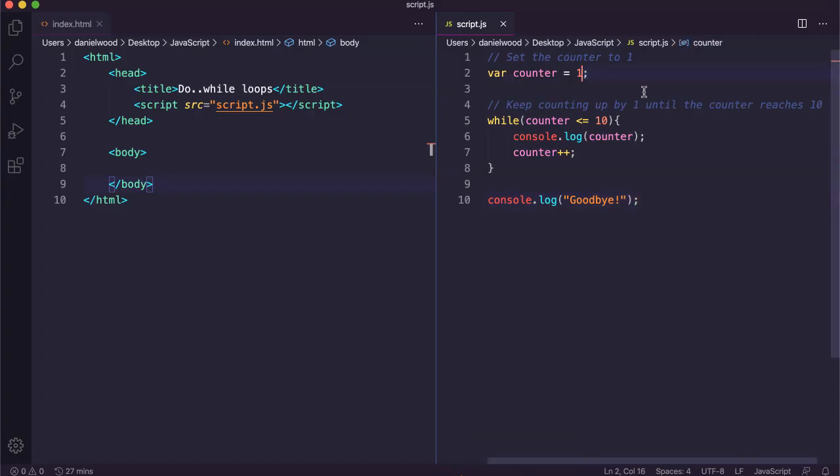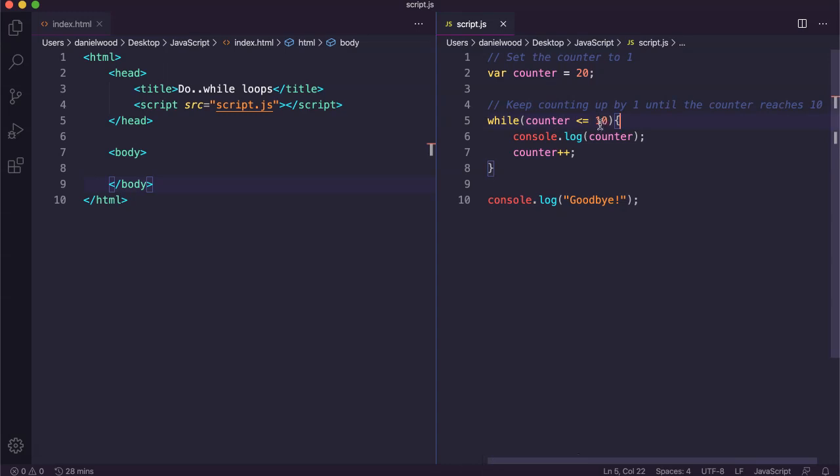Alright, but if we were to change the counter to something that made this condition false, for example, if we made the counter 20, so now at the beginning, before the loop has even run, the counter is not less than or equal to 10. What that means is if we run that code, the loop will never run. The loop is skipped, or the code block inside the loop is skipped because that condition does not evaluate to